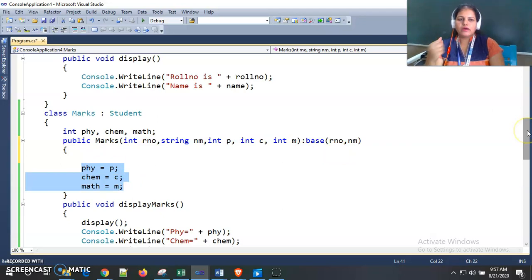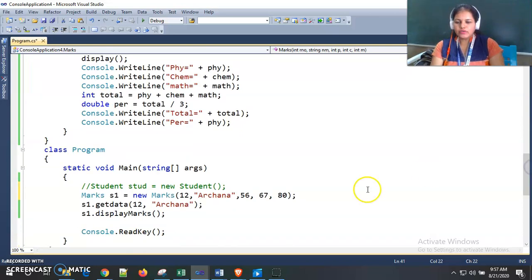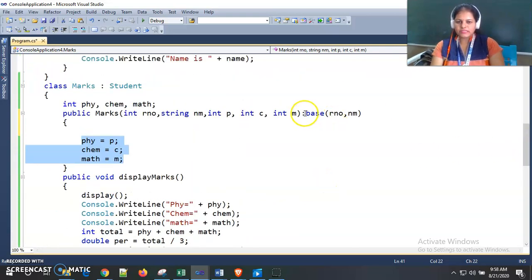In this way, if the base class constructor is parameterized and there is also a parameterized constructor in the derived class, then we need to pass all the arguments, base class arguments as well as derived class arguments, when we create the object of that derived class, and then mention the base class parameters by using this syntax.